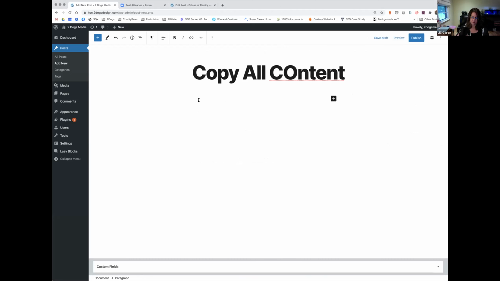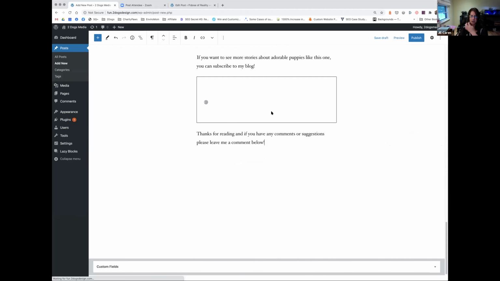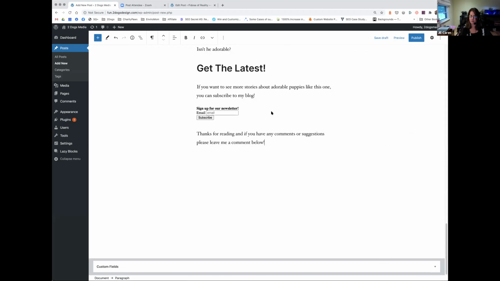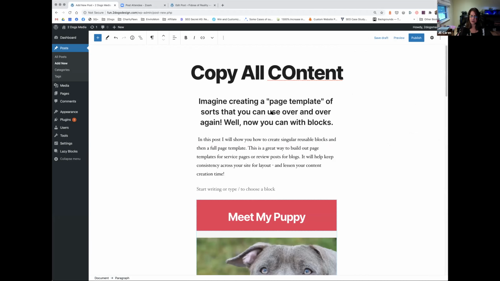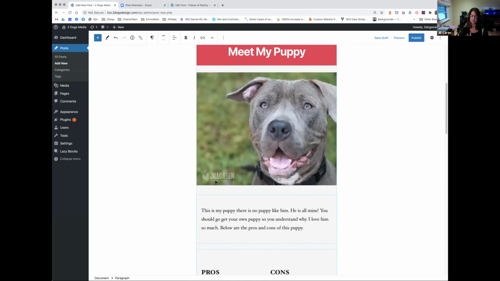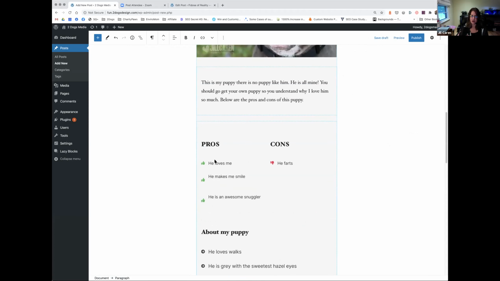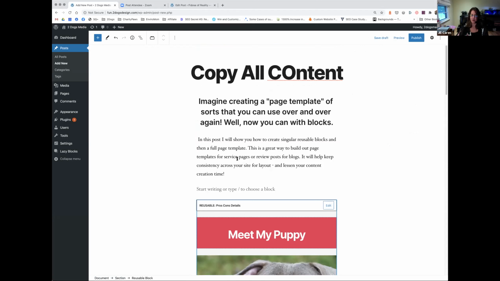And then I'm going to click here and I'm going to click paste. And it just copied my whole post over for me. Okay, now I could just rewrite the text. So like here, I've got my pros and cons saved, so I can just rewrite over everything. So that's kind of a cool thing